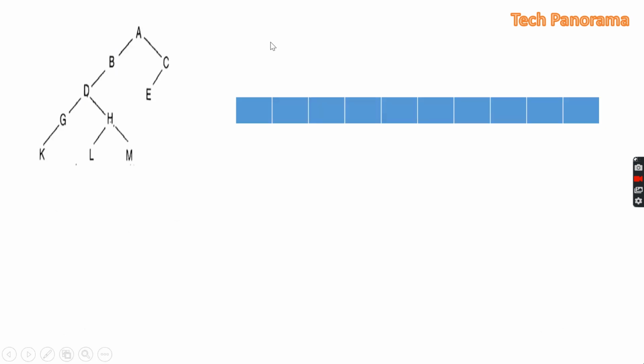Here I am taking an example. First the null pointer is inserted into the stack and PTR is assigned as root, that is A. Now we add two nodes into the stack: first PTR, and then the right of PTR. A is pushed as simply A, but if A has a right child it is pushed with the minus symbol. A has a right, so it is inserted as minus C. Then we move leftward, that is B. We insert B into the stack and check its right. As it has no right, there is nothing to do.